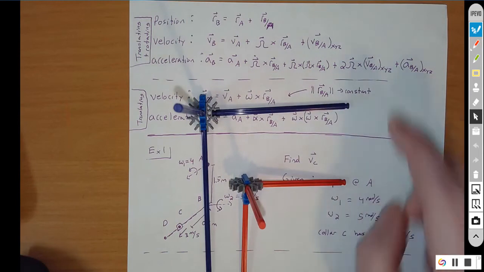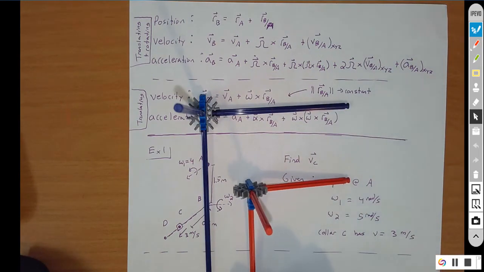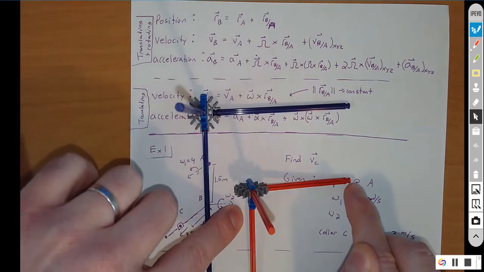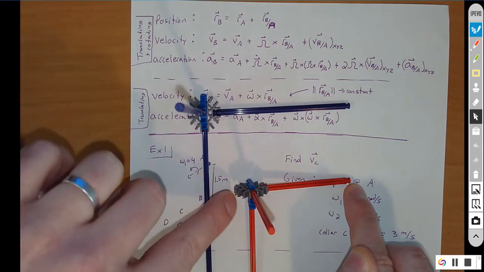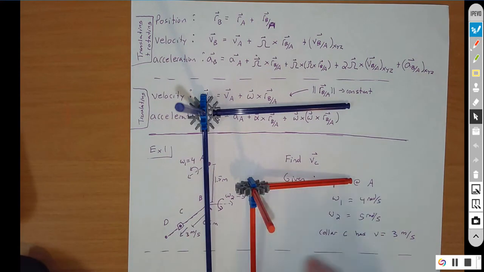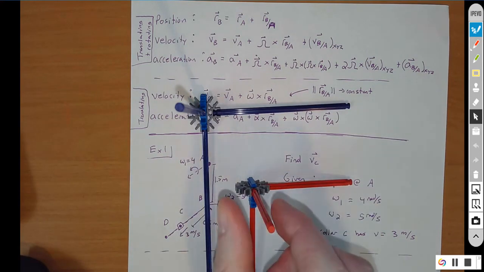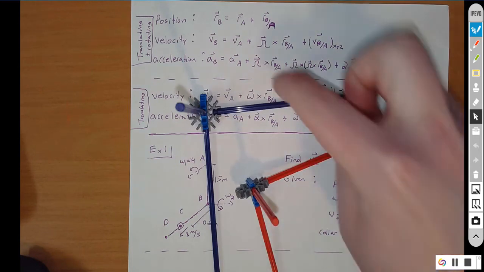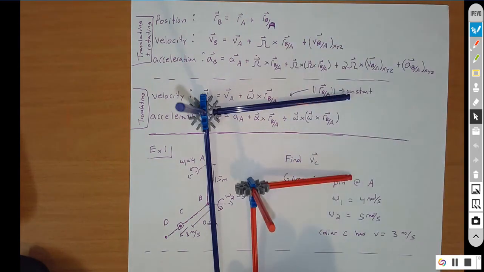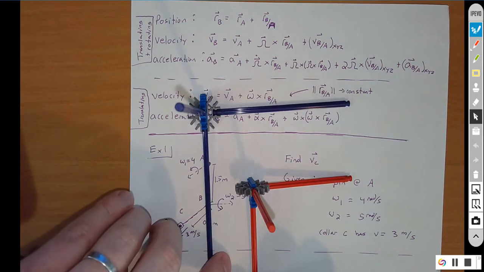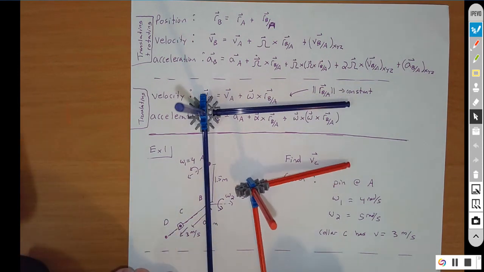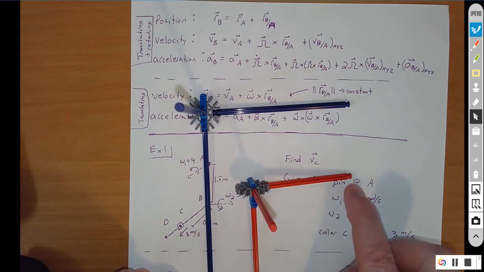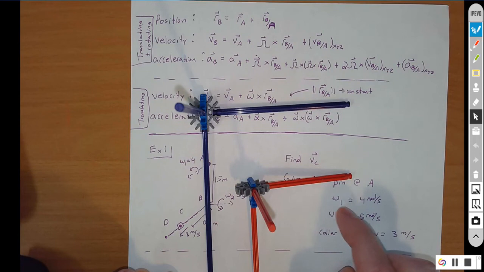Acceleration will also look the same as it did for planar. So again, two coordinate systems, O, A, and then I'll have point B over here. So the acceleration of the base point of this coordinate system, and then the angular acceleration of the rotation of this coordinate system. So again, if this coordinate system is rotating this way, if it's constant, then that term will go to 0 most likely. If it's not constant, then we might get some angular acceleration of this coordinate system. The vector to B from A, and then